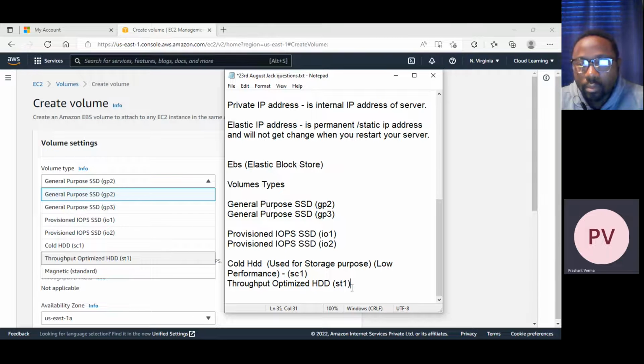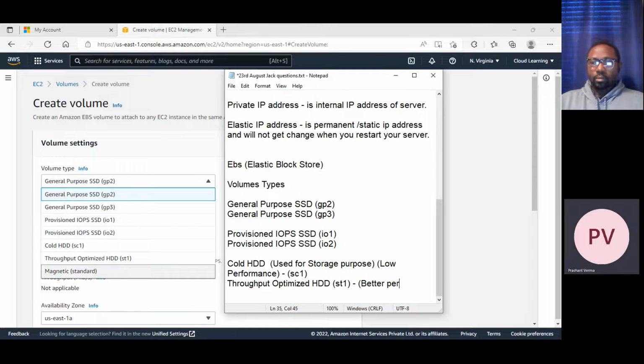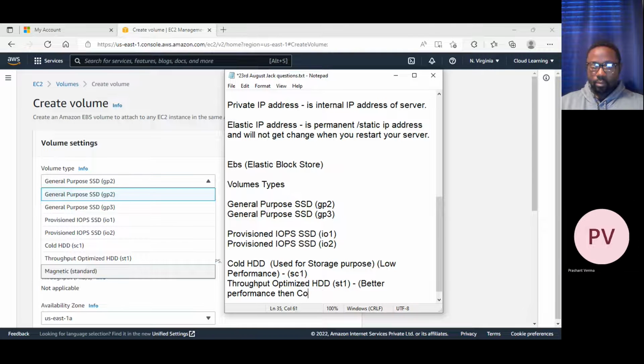It is very cheap storage, but it is optimized, so it will perform better than old HDD.